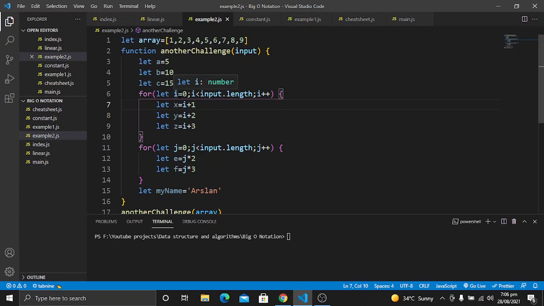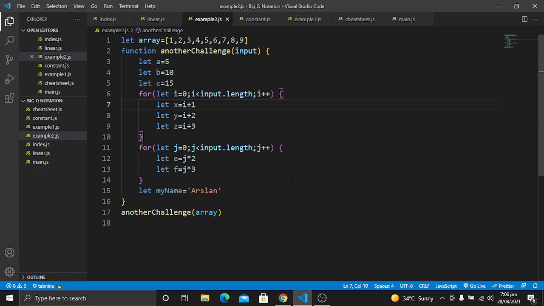So i plus 1 will be stored in x, i plus 2 in y, and i plus 3 in z. And for the second for loop we have some different operations, which are these. So calculating the big O for two for loops will be done in the same way that we calculated it for a single for loop.